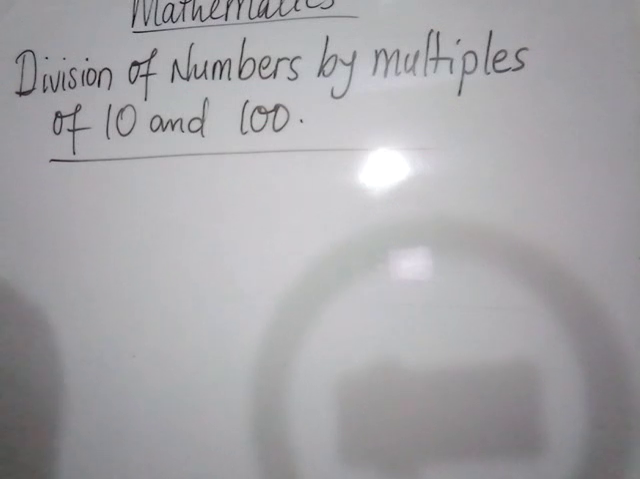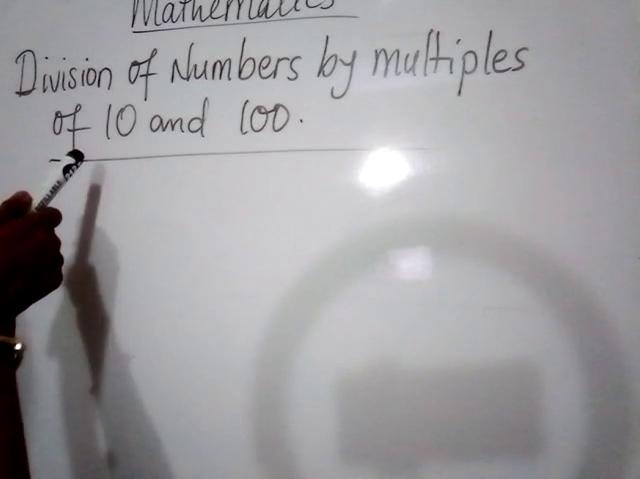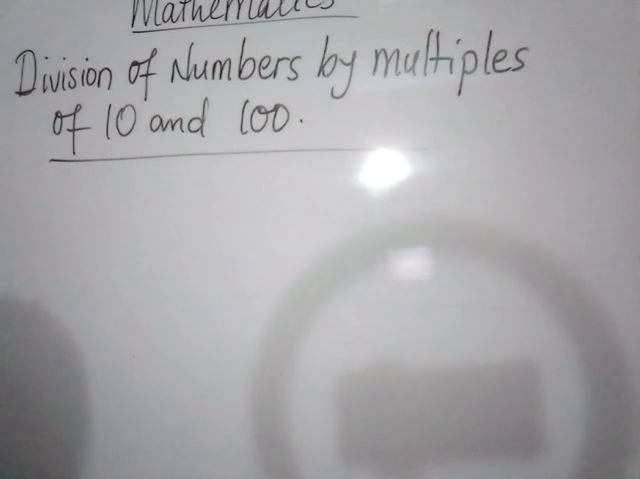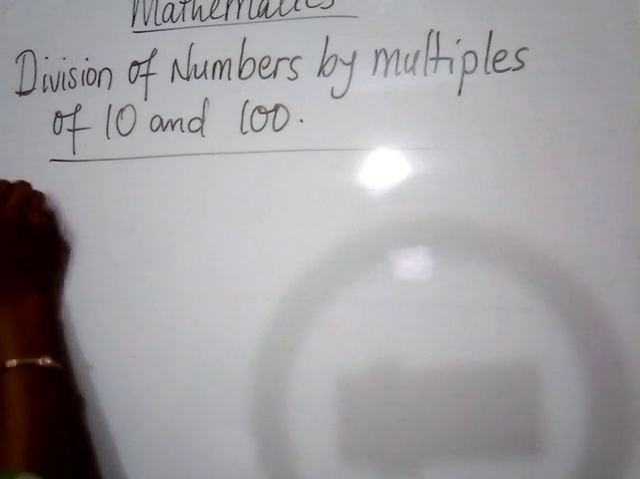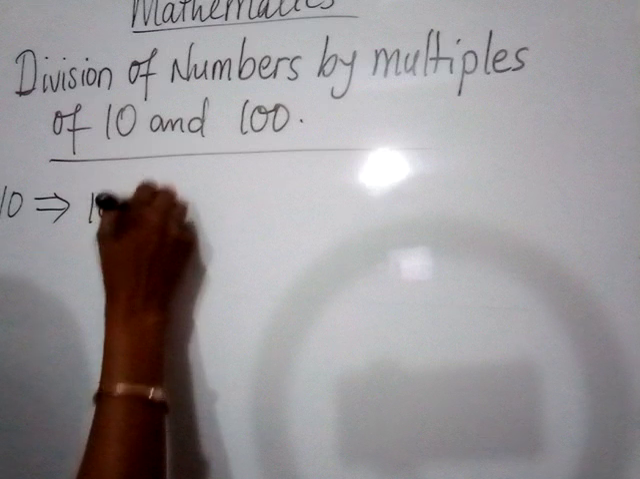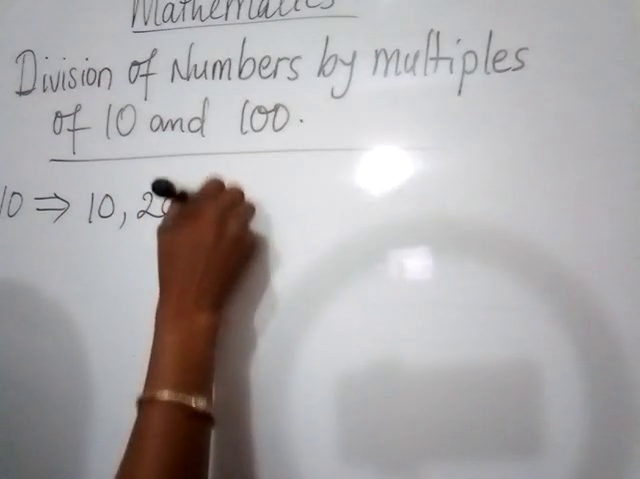First of all, I'd like to quickly run through what we mean by multiples of 10 and 100. By multiples of 10, we mean those numbers that 10 can divide without a remainder. And by multiples of 100, we mean those numbers that 100 can divide without a remainder. So examples of multiples of 10, for instance, would be 10 itself, 20, 30,